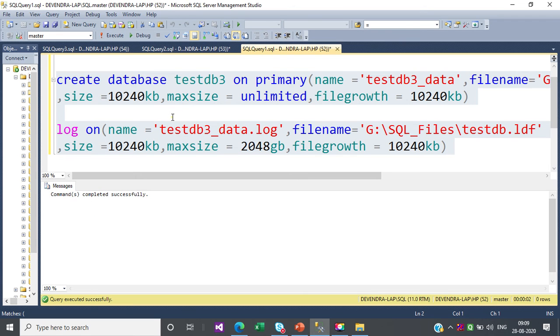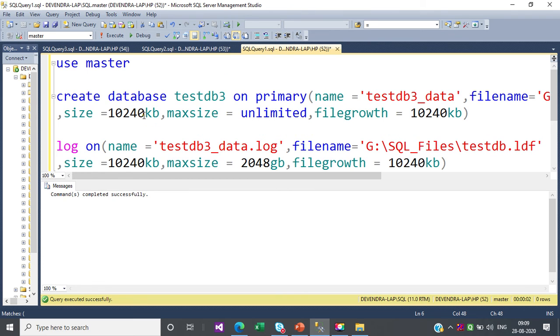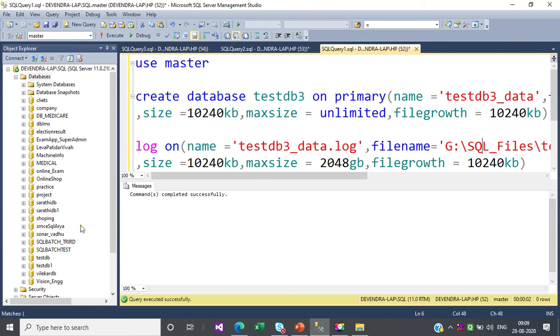Okay, so let's see whether these files are generated or not. So I mentioned the file location G, SQL files, and LDF. Remember, this is our specified location, so we didn't specify the system's location, right? So earlier when we created testdb1, these files were automatically created in the default location, right?